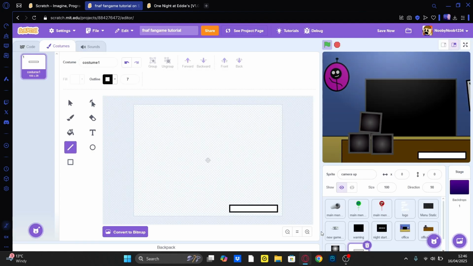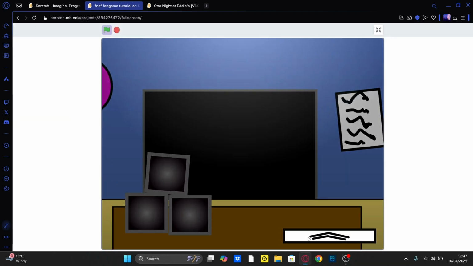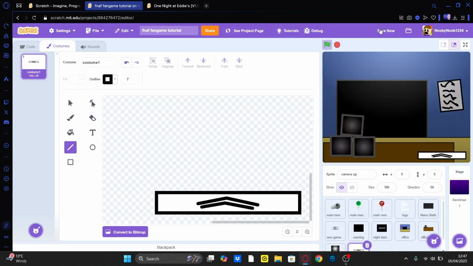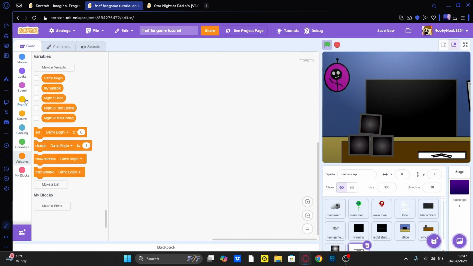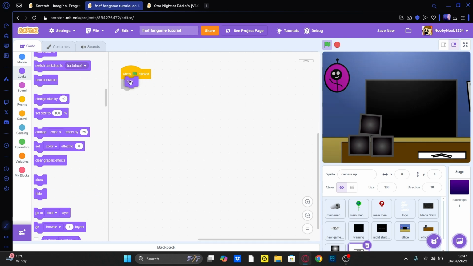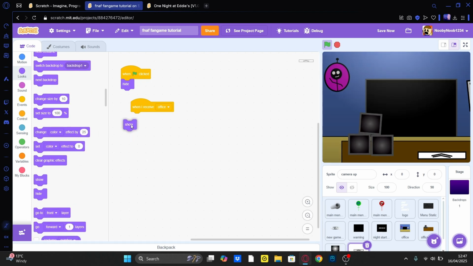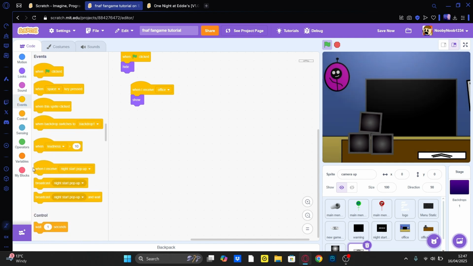And then we're going to want to do our lines to show that this is the one to turn it on. Boom. Okay, nice. So now obviously that's there, but I can't really do anything with it yet. So we're going to want to do, when flag is clicked, hide. When I receive office, show. Now we're going to do when this sprite clicked,